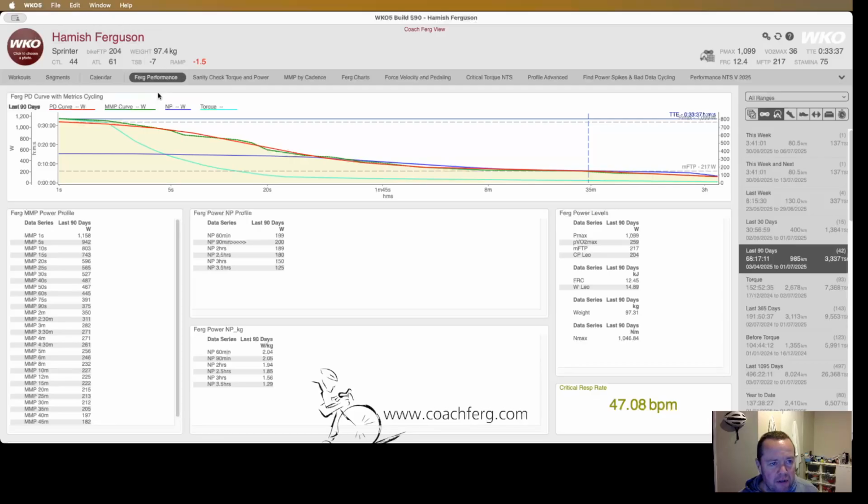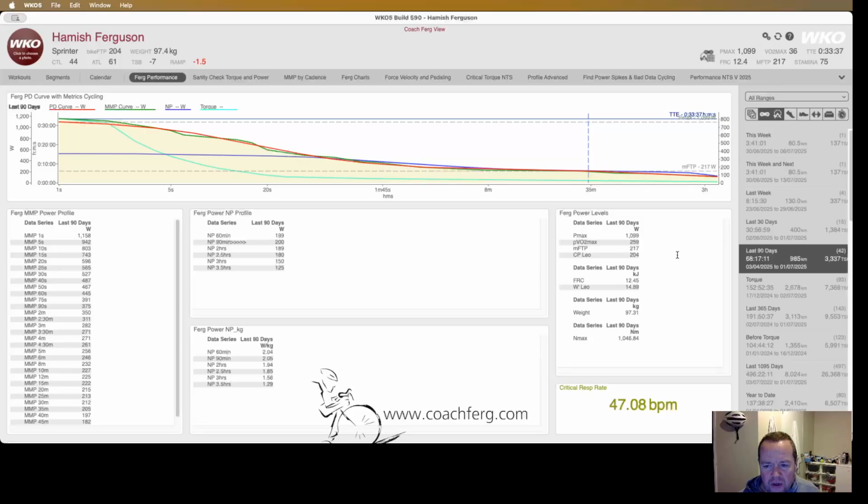So today it's my ride. We see up here in the top corner we've got all my details. For some reason, WKO, which is the analysis software I use, says I'm a sprinter, big surprise. My current FTP, this is what I set, I think it's 204. Currently, based off the last 90 days, WKO thinks it's 217, but I also use the critical power equation developed by Leo, Sprague and Swart,